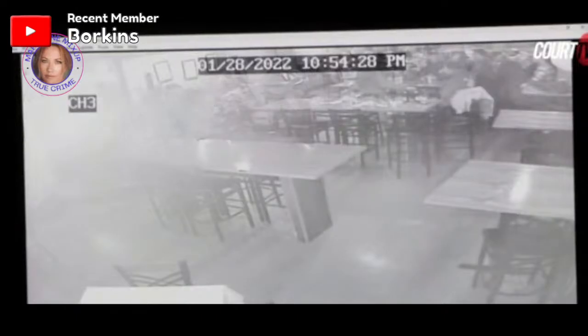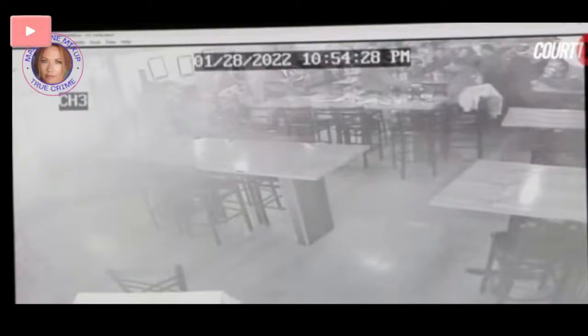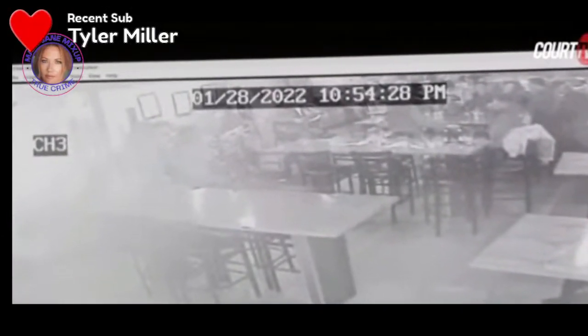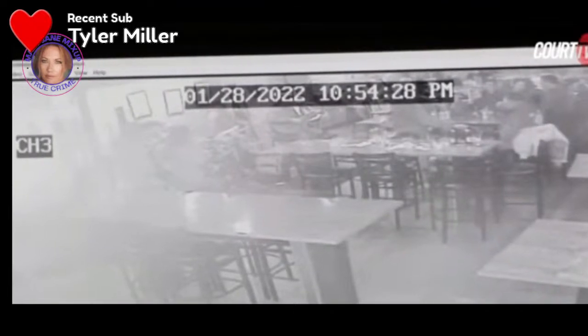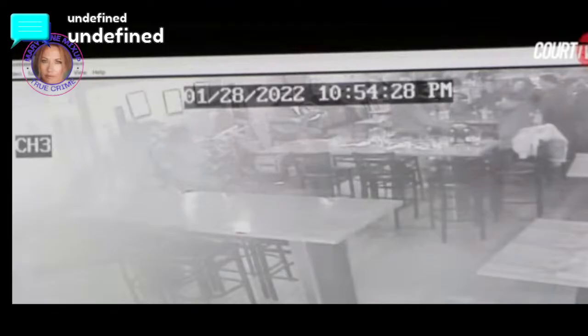If you could stop. Do you see the two people entering from the left? I do. Do you know who they are? I believe that is Miss Reed and John O'Keefe. Ms. Gilman, is there any way to enlarge the top of the video where the other people are closer to the table or bar?